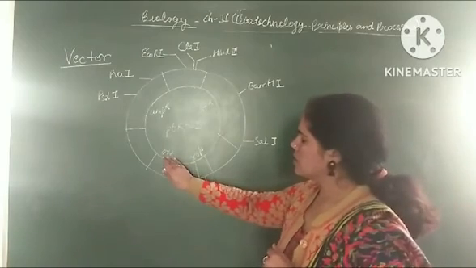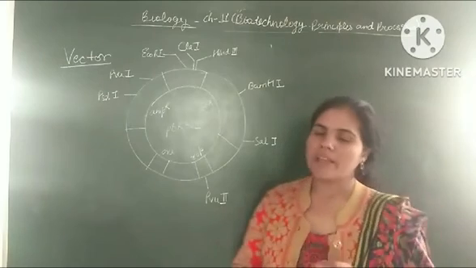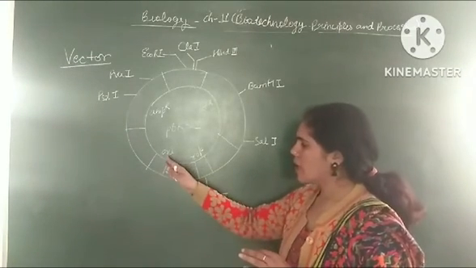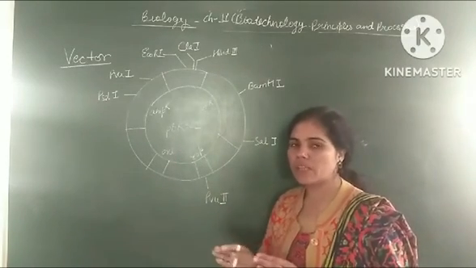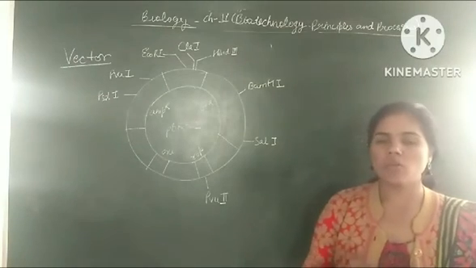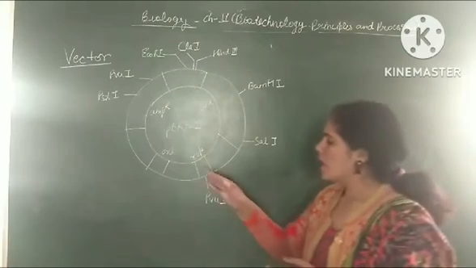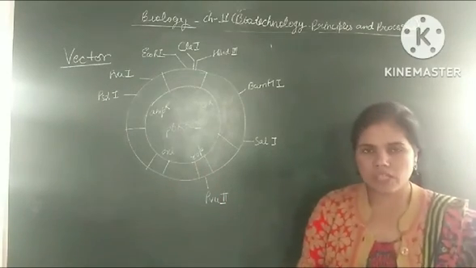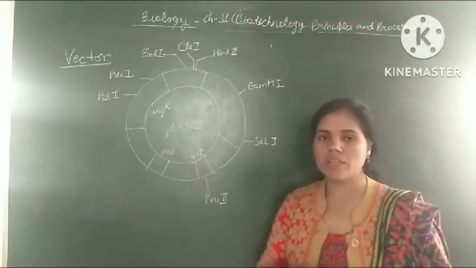Another thing is ORI, the origin of replication. If we use any vector, it should definitely have the origin of replication. If there is no origin of replication, then this vector cannot replicate itself. ROP is the region of protein. This region is a protein which helps with the DNA replication.